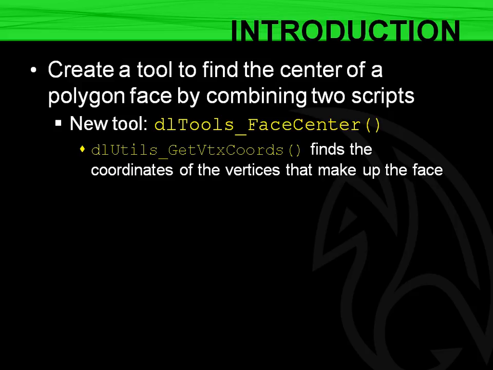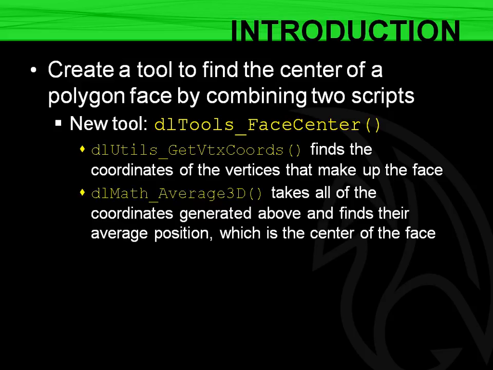One is called DL Utils get vertex coords, as I mentioned to you before, and this procedure essentially finds the coordinates of the vertices that make up a face. So you give it coordinates of a face, and it's going to return to you the coordinates of all of those vertices. Okay, and then we're going to use another command in the math library called DL Math average 3D,